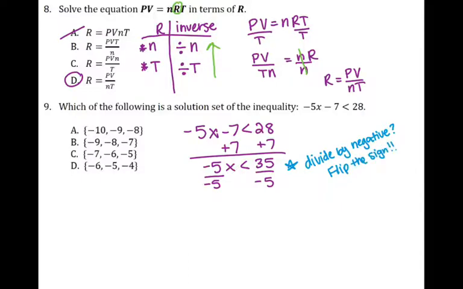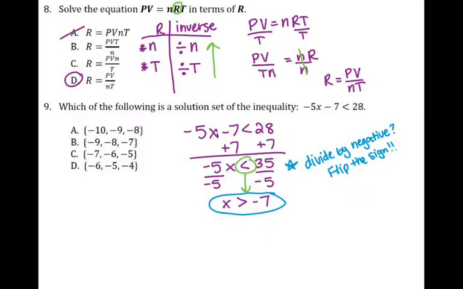So since I'm dividing by a negative 5, my less than needs to flip, so that becomes greater than. And 35 divided by negative 5 is negative 7. Okay, well, x is greater than negative 7. That's not an answer choice, but my question says, which of the following is a solution set to the inequality? So I need to see which one of these sets satisfies this inequality of x being greater